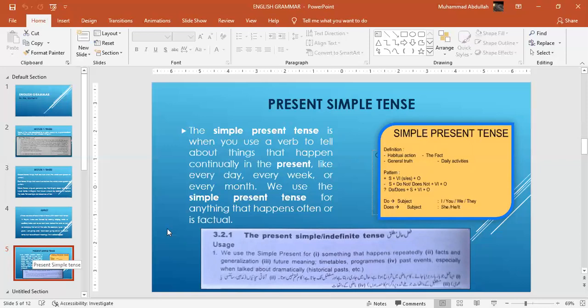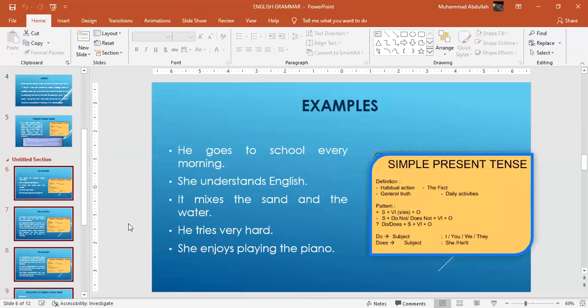Now let's see how we need to understand the structure or the pattern of present tense. Here are a few examples, right? He goes to school every morning. She understands English. It mixes the sand and the water. He tries very hard. And last is, she enjoys playing the piano. How are these sentences made, right? One thing is clear that